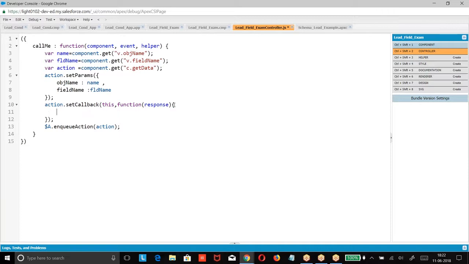In the function response, what I'm giving, I have to get where state equal to response dot. I'm checking if state equal to success, then what should I do? Where my list equal to response dot get.